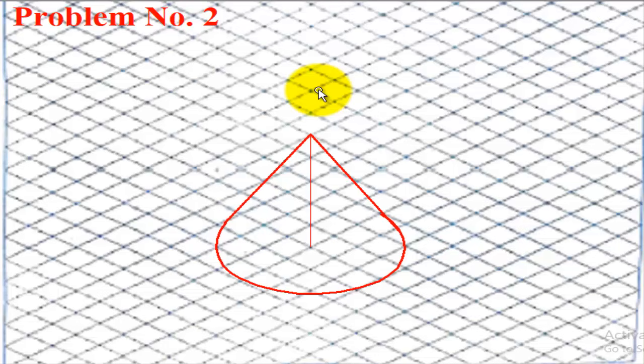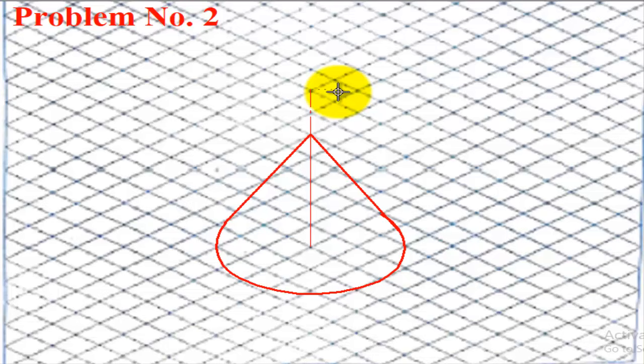Here they have given a hemisphere of diameter 40, so that means we need to draw a radius of 20. That means we take a height of 20 from the apex, 2 boxes. This is the center axis height, and taking this as the center we need to construct one more circle, because the circular portion of the hemisphere comes at the center. So this circular portion we have to draw, with a radius of 20.